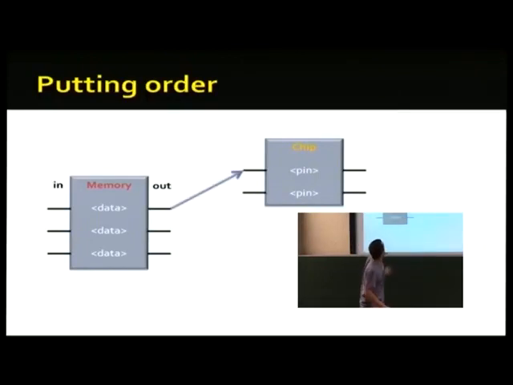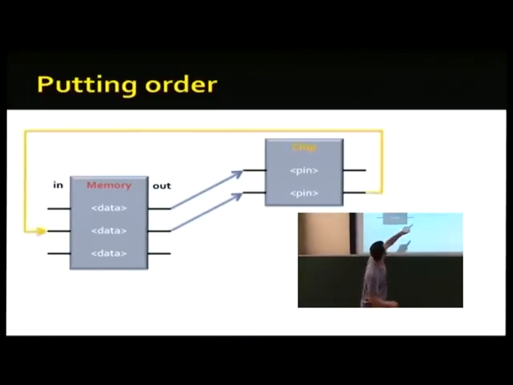So you take out from the memory and hook into the chip. And then you can do it a second time. You can have it go back again. So here we can say that the result of when this chip does its calculation, it's going to feed back into the memory. And you can have it feed back into multiple places, and to a different place. There's no real restriction about it.